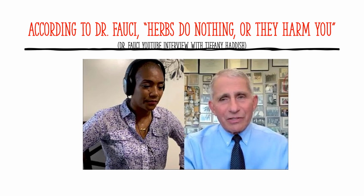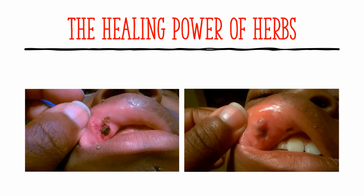Hey y'all, it's your girl Tiffany Haddish, and so this is the healing power of herbs. So this was an injury that my son received playing karate with a friend of his. He was kicked in the mouth with a karate kick, and I use what is plantain. As you can see, I put the plantain in the open wound because there was an open wound there, and I stuffed it with